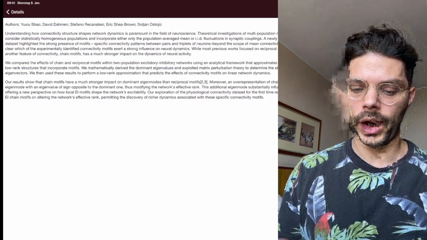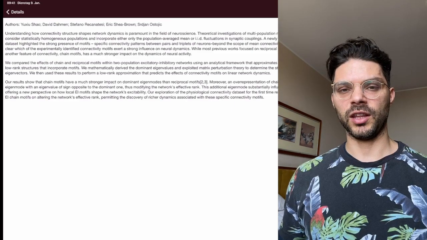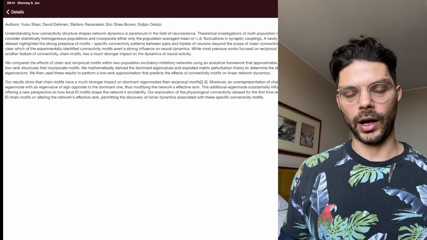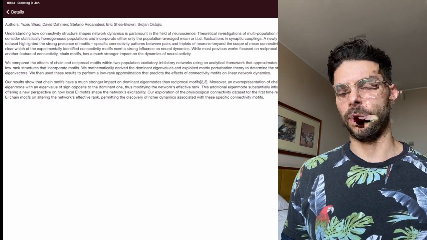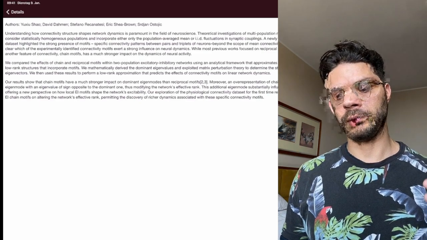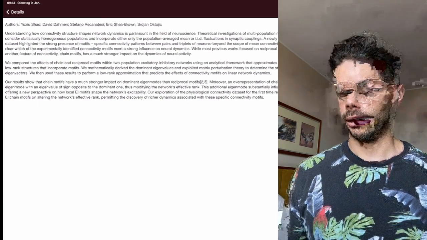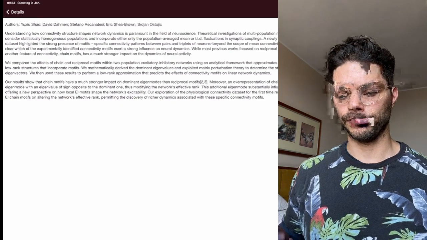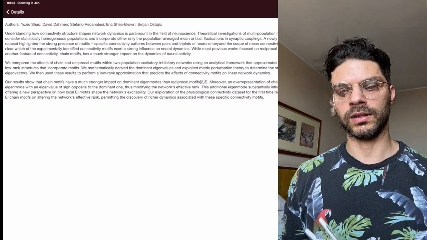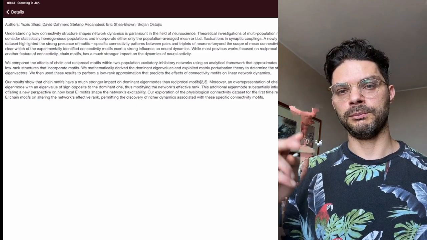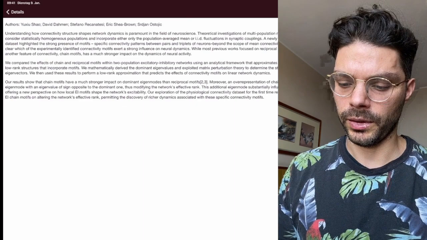Or IID fluctuations in synaptic couplings. We're going to change the synaptic strengths, but assume they're all independent and identically distributed, so the synapses fluctuate independently of each other and come from the same distribution, maybe Gaussian fluctuations. But again, that's not really what we think the real brain is doing. Obviously, we have to do this first because it's already very difficult to analyze these systems, and we have to start somewhere. It's important to consider those simple cases first before we take the step to more realistic networks. And I guess that's what they're doing here.